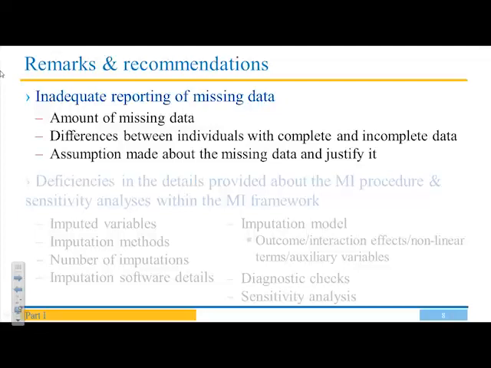So in line with other systematic reviews, we found inadequate reporting of missing data. This is very important, that we provide enough information in our manuscript to allow other researchers to make a correct judgment about the final findings of our research. So, for example, we need to report the amount of missing data. It could be the proportion of missing data for each variable that we are interested in, or the proportion of complete cases. Also, comparing the individuals with complete and incomplete data is another important thing, which can help to verify whether the missing mechanism is missing completely at random or not. And also, if we can verify it, it's important to state what the reason for the missing data